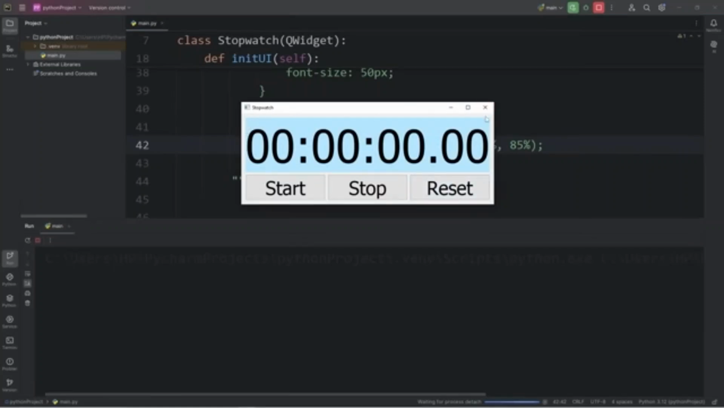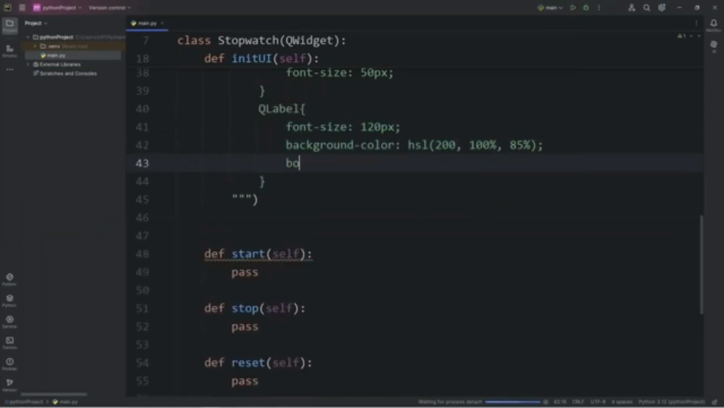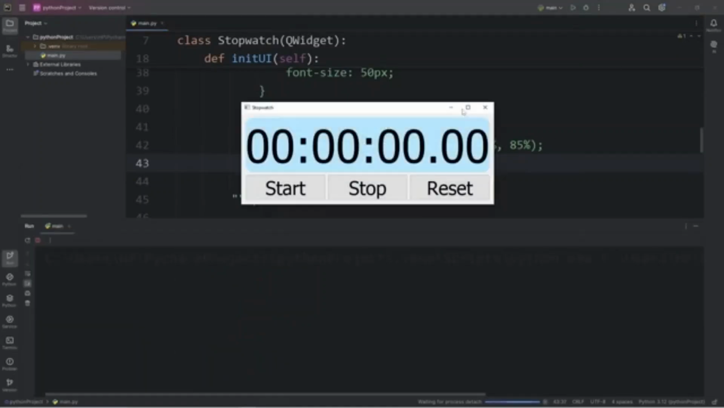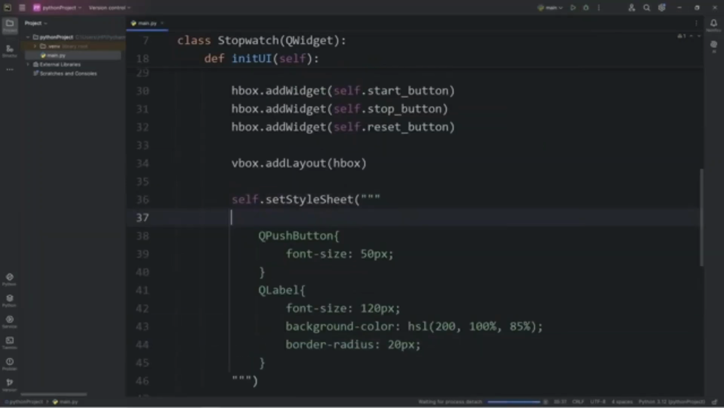I will also round the corners of our label. Add the property of border radius. I will set that to be 20 pixels. This will round the corners. Between each button and label, we'll add some padding. We're going to use multiple selectors,